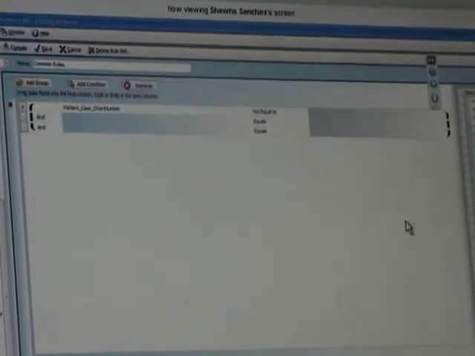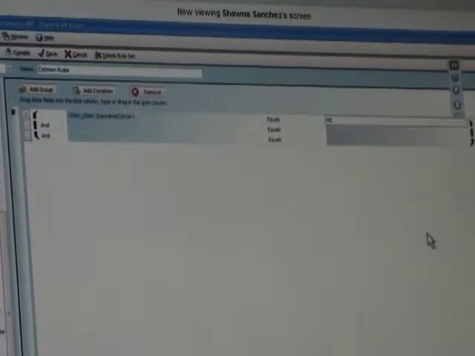So if I do this, and I want to say that my insurance carrier 1 is equal to MED 00, because my insurance carrier 1 is actually my insurance code, and